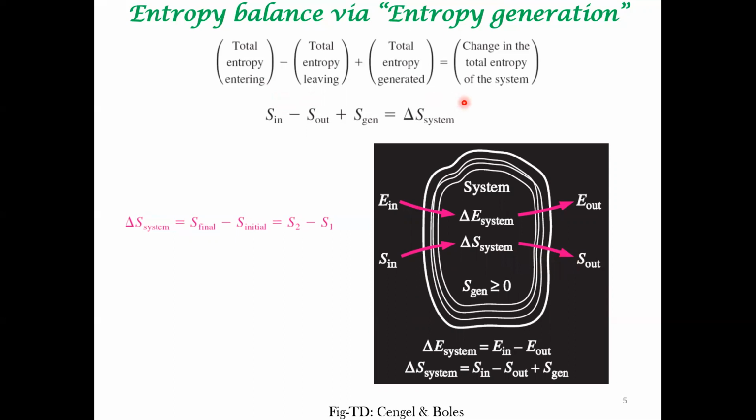But when you write a balance equation, there is an additional term that needs to be incorporated. That's called entropy generation or entropy production. This will become more clear when you do some examples. Okay, so I encourage you to look at all the solved examples in the textbook, because this is a